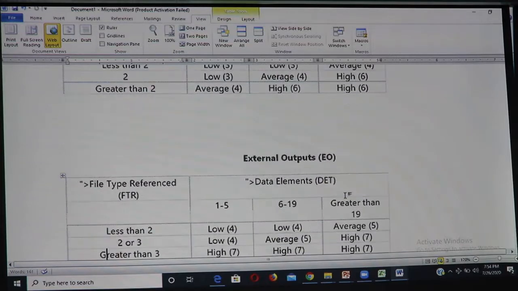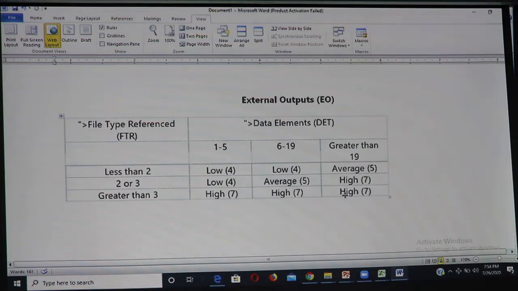Okay, so similarly we have external output. The same 3 rows are there: less than 2 file types referred, 2 or 3, and greater than 3. We have points that are very clearly spelled out when you are calculating EO.